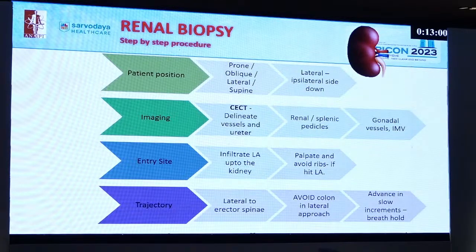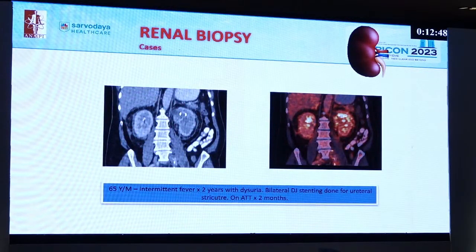Then the trajectory should be planned lateral to the erector spinae, which is a better approach. Avoid the colon in that lateral approach. Advance slowly in small increments, and breath holding should be used. So coming to a few cases, a 65-year-old male